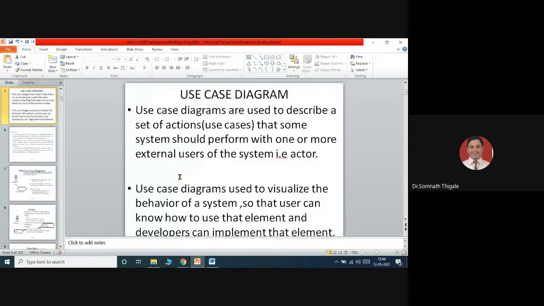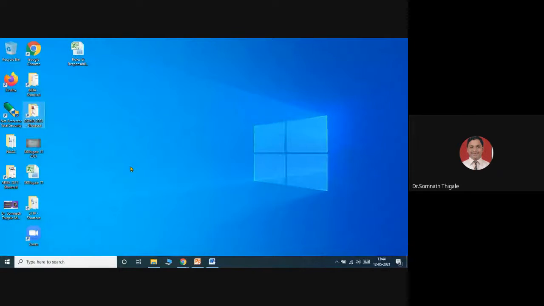Now let's focus on the first diagram, called what? Use case diagram. Now see here what I'm going to show you. I'm going to use the StarUML tool.